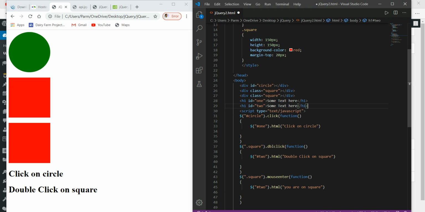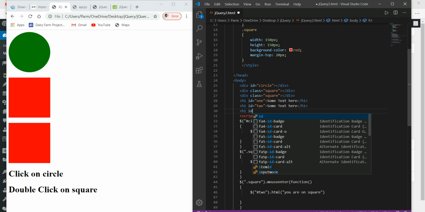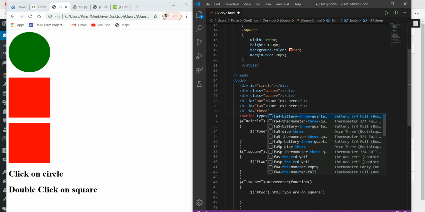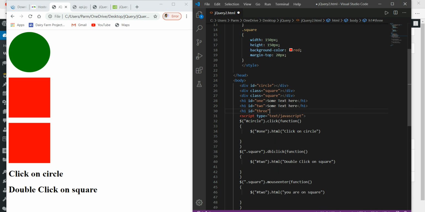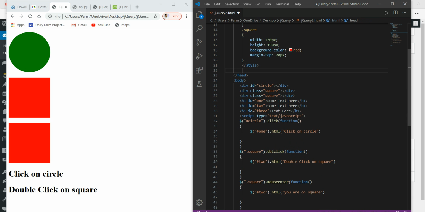For this I'm taking another element, say h1, and to this I'm giving id equal to 3, text here. Okay, save this. Here we go, refresh.